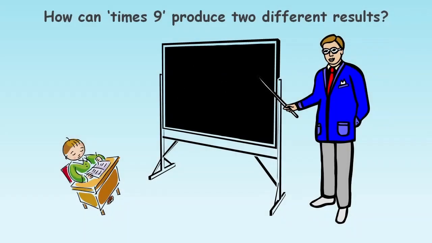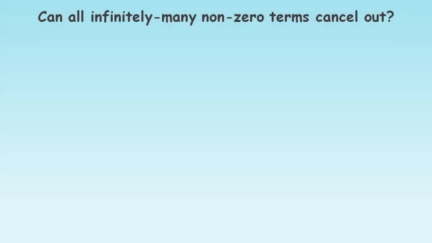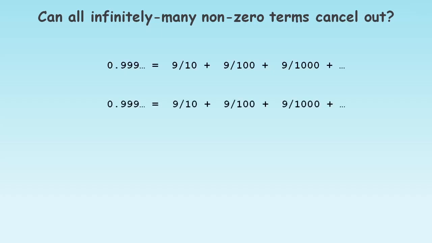Now let's consider the difference between the two approaches. It all comes down to what is 0.9 recurring times 10 minus 1. Does it equal 8.9 recurring, or does it equal 9? The question is, can the subtraction operation somehow get rid of the endless terms? If we work with the series instead of the decimal, we write it down again and note the one-to-one correspondence between the terms. Then we multiply the top line by 10. Note that each term of the series gets multiplied by 10, and we keep the one-to-one correspondence with the original